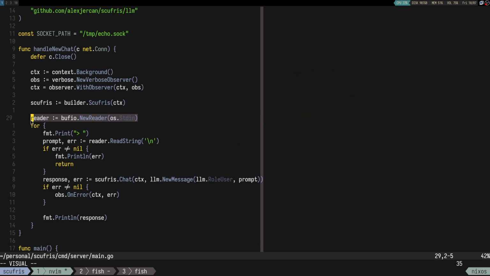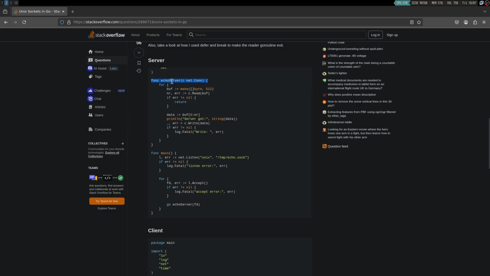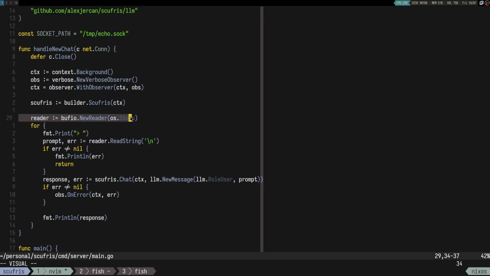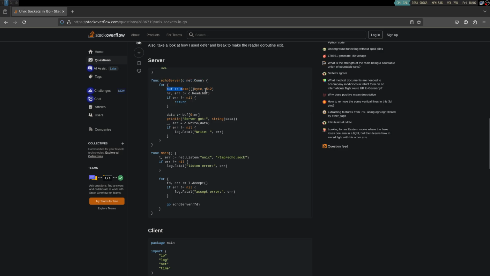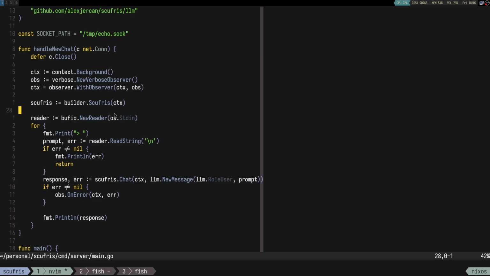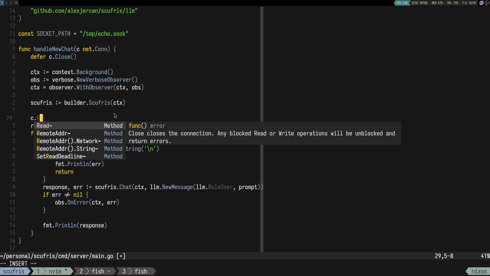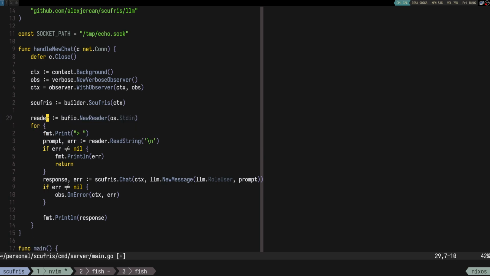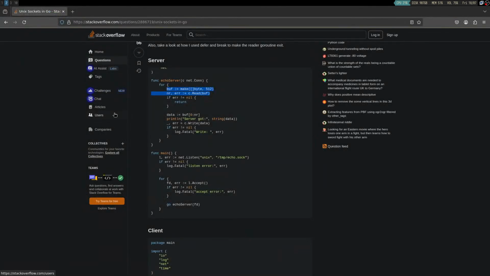Okay, here we read from stdin, but what we want to do instead is read from the connection. So instead of reading from buff.io, we want to read from the connection, just similar to here. So how can we do c dot? We can do c dot read, but something else that I would like to do is